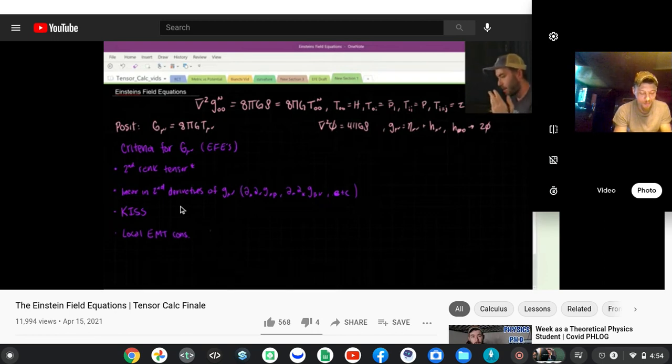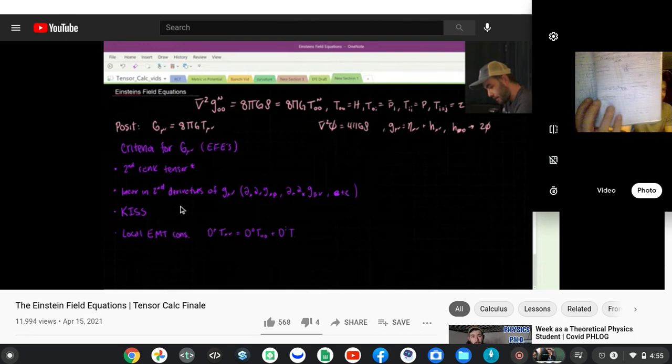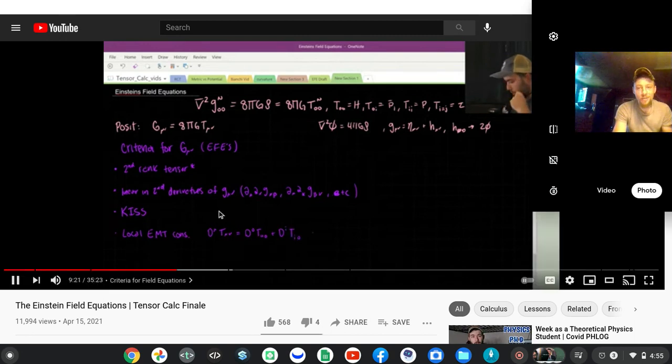The reason I say conservation leads to divergencelessness is because say that we were taking the divergence of the energy momentum tensor. That would be equal to d_mu T^{mu 0}, and let's set nu equal to 0 as well, plus d_i T^{i 0}. Well, the 0 component of the energy momentum tensor is like the energy density, and the 0 derivative is something like a time derivative. So we get dt of the energy density.